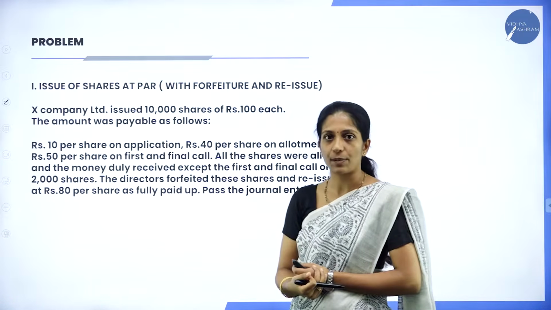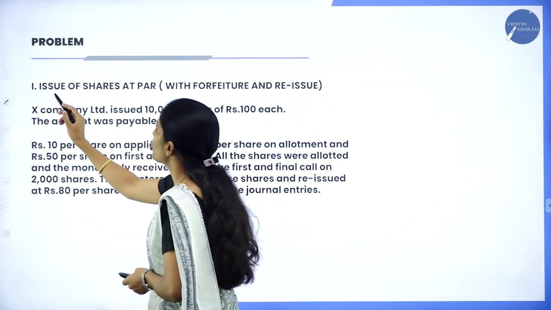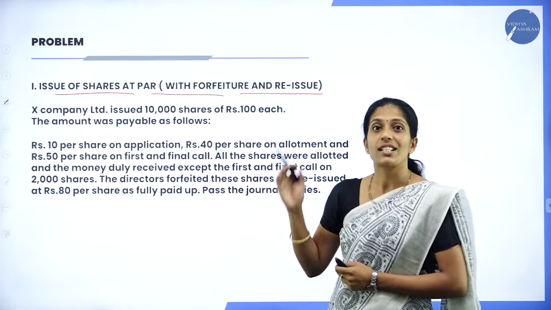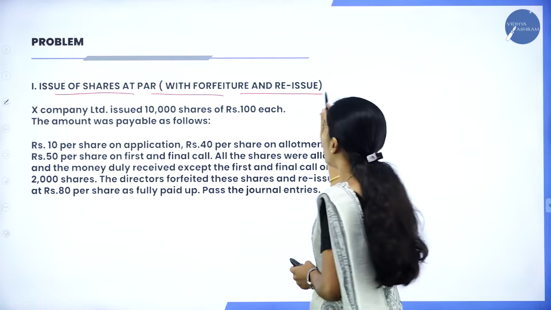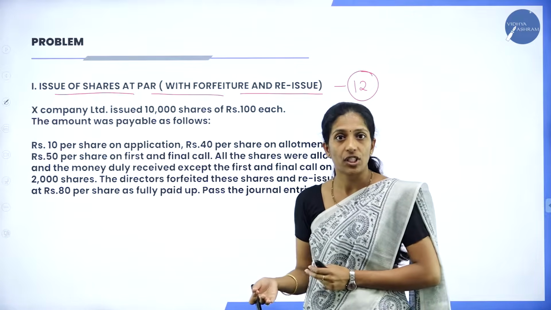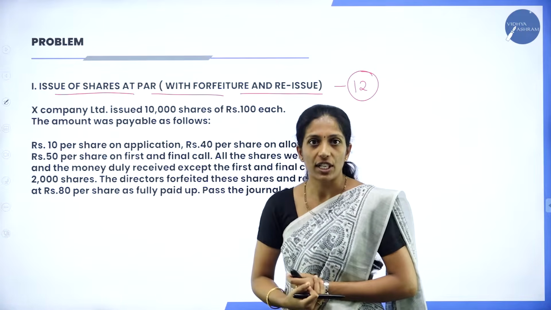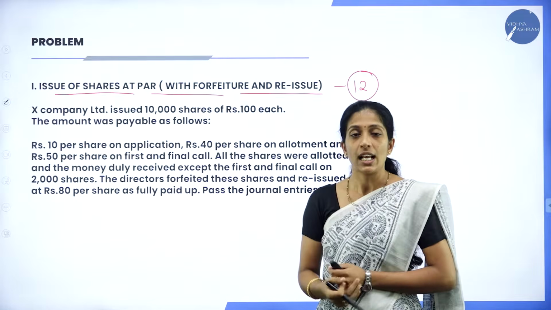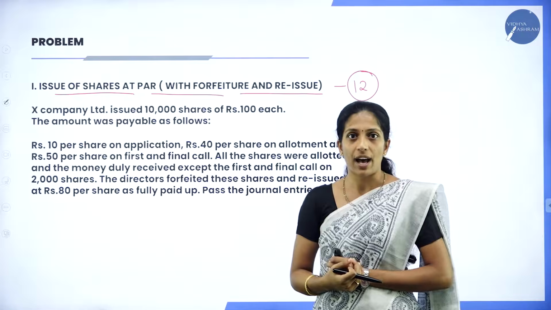Now coming to the next problem. Go through this: issue of shares at par with forfeiture and reissue. This type of question will be asked for 12 marks in your examination. Hereafter we shall discuss what type of questions they will ask in your examination. So this is a situation where they have issued the shares at par and we have